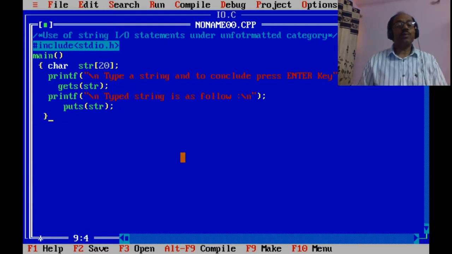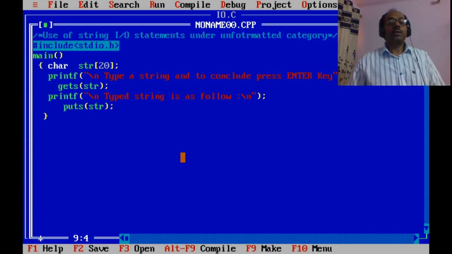Now our example has been completed and it is time to execute it.